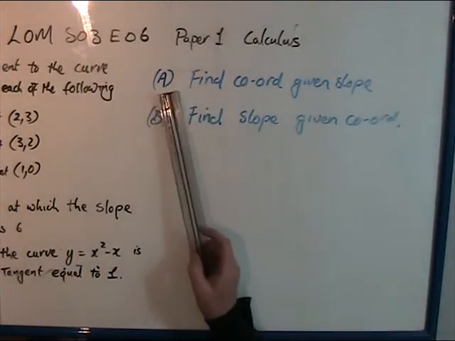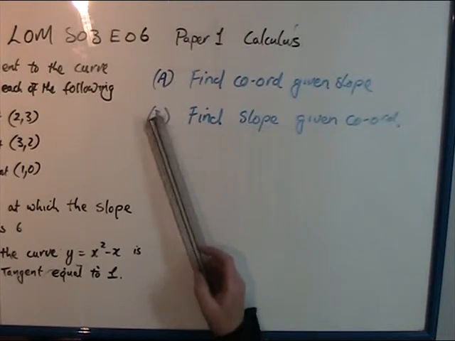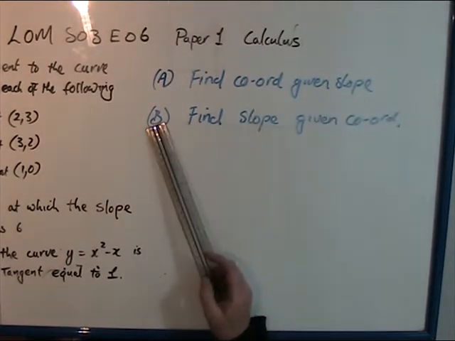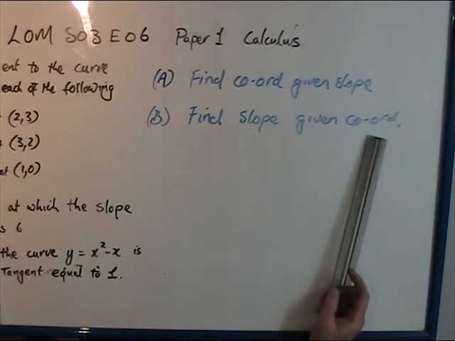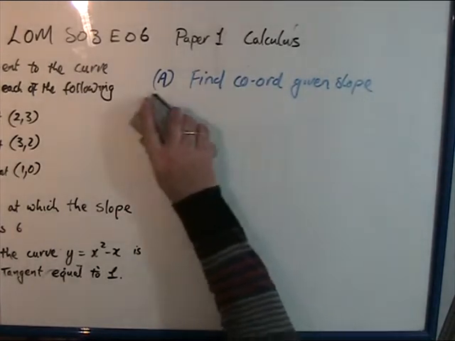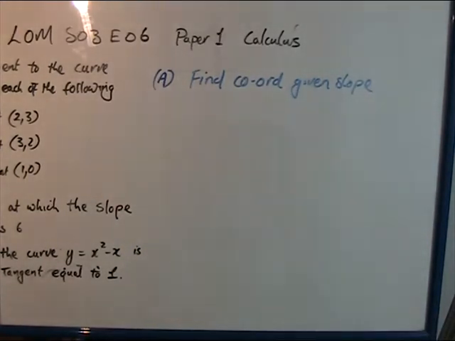Now, today I'm going to show you two varieties here, A and B. One is find the coordinates given the slope, and the other one, B, is find the slope given the coordinates. So the first thing you should be asking yourself is, what am I given and what am I looking for? Okay, so the first example is